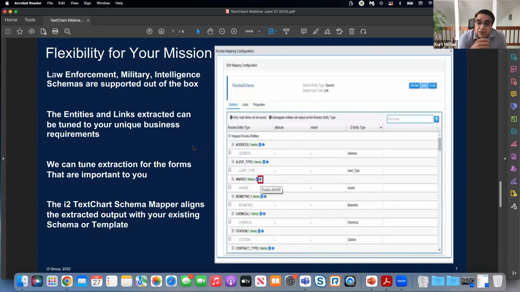And while all the entities are always extracted, it's what's displayed in I2 that's important. So working with you will ensure that we're only presenting the information that's relevant, and all of the information that's